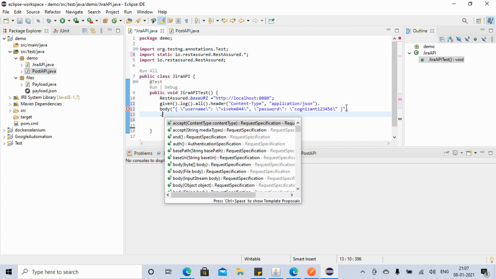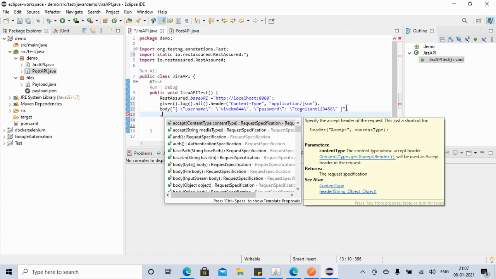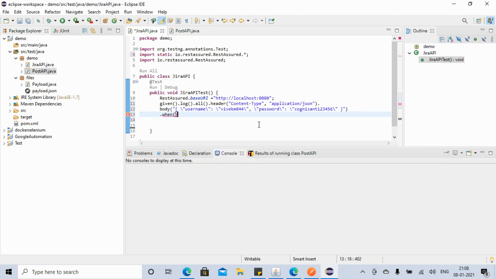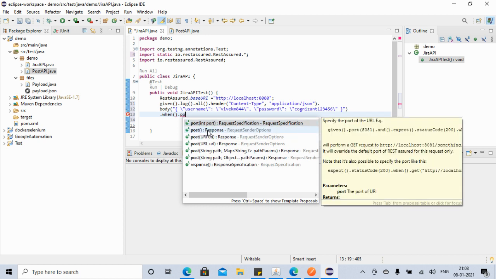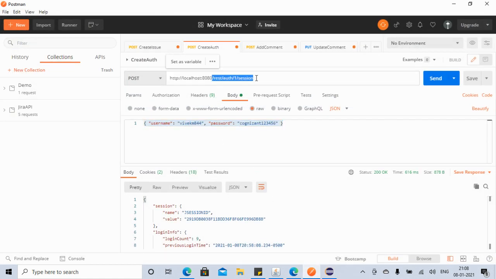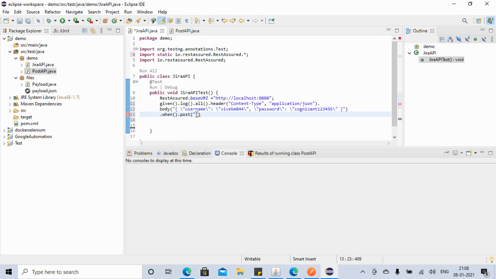Then we can say given dot body dot when. Now we can say when dot post, and here we can provide the resource URL. So we can provide it after this part, in this resource URL, so that it will make the complete URL now. So we provided the resource URL, and then we can say then